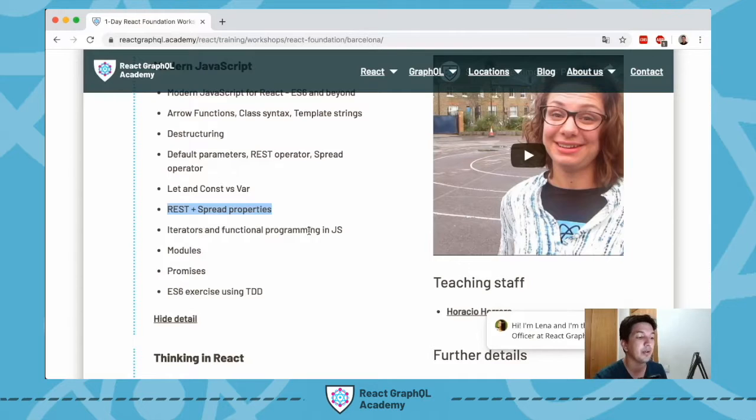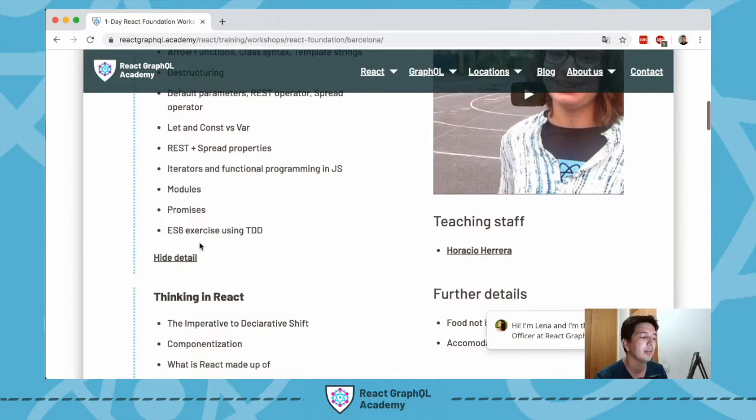Then iterators and functional programming: we're going to cover a hint of what functional programming is, which I think is pretty important to take advantage of all the power of React. Also, we're going to cover what a JavaScript module is, what promises are, and also an ES6 exercise,